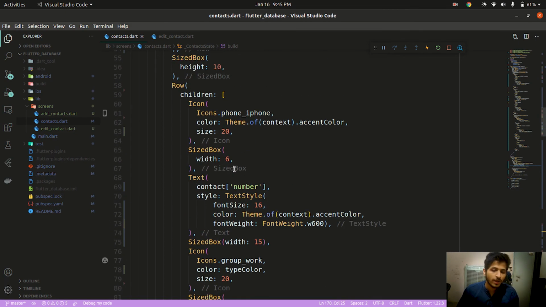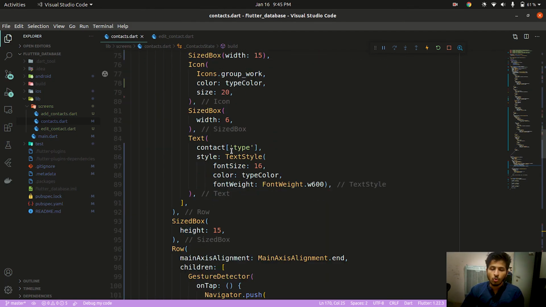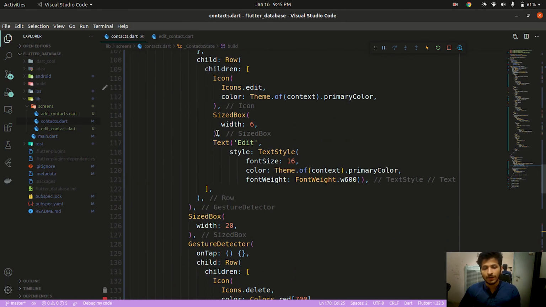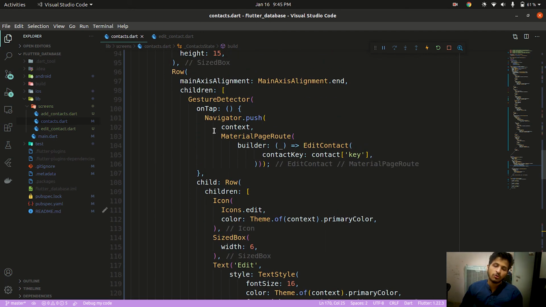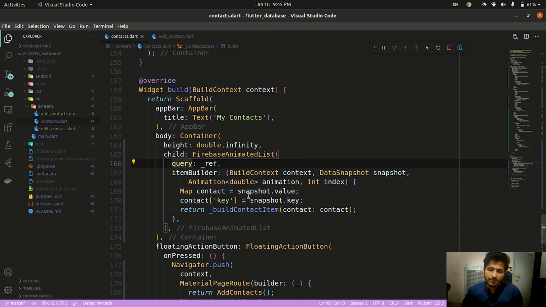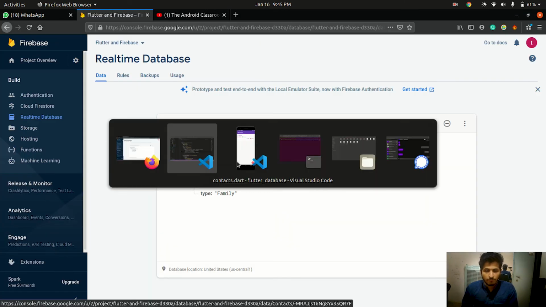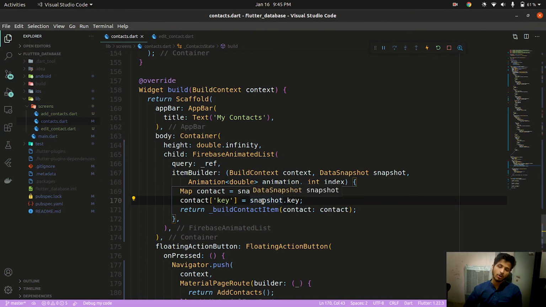So let me give you a quick guide to what we have done in this lecture. First, we created two buttons for edit and delete using gesture detector, so that we can use onTap functionality. That's why we used gesture detector. And before that, in our Firebase animated list, where we were getting all the contact list data, we got this unique key of every contact with the help of snapshot.